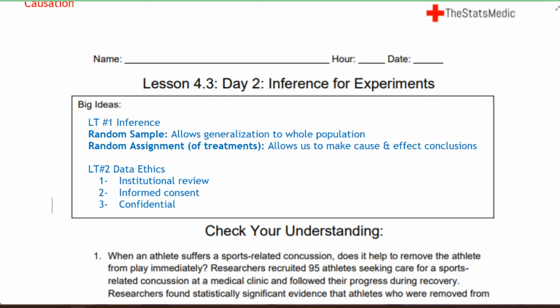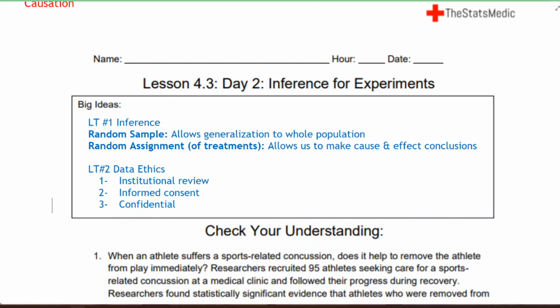Moving on, informed consent. This is about the participants of the study, our subjects. If we are going to use subjects in our experiment, we need to make sure that they consent to whatever it is that we're going to apply to them. We have to give them a list of things that could happen, things that might happen, and unless they agree to those terms, it's not an ethical study.